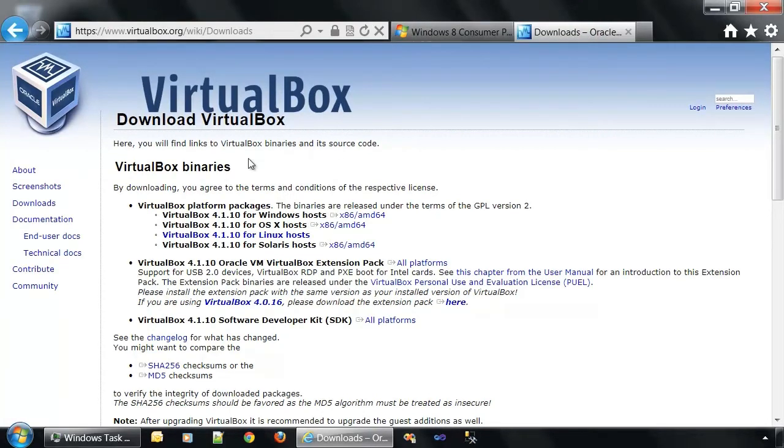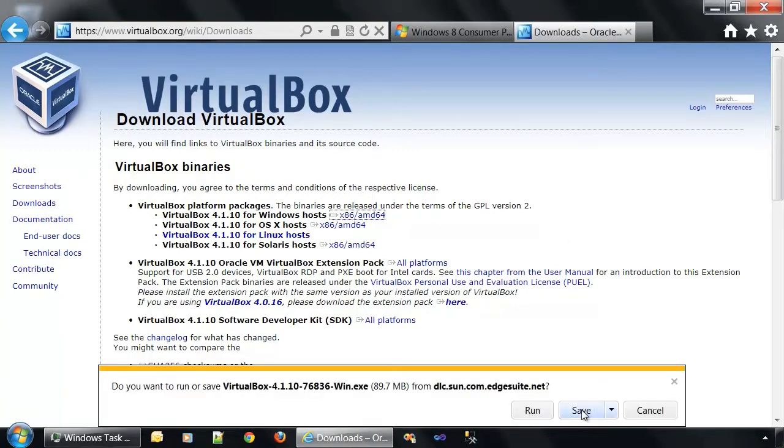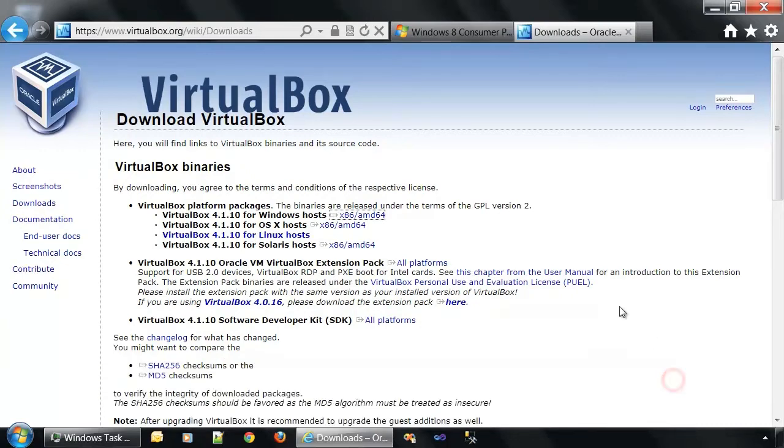And on the download page for VirtualBox, there are a couple of links here. What we want to do is download the one for Windows host. So we'll be clicking on this link. And clicking on that link will give us a download dialog box to download the installation media for VirtualBox. And once you've downloaded that, you'd want to run that, and that will install VirtualBox on your PC. You might have to restart your computer in order to complete the installation. We won't go through that here, but once you have